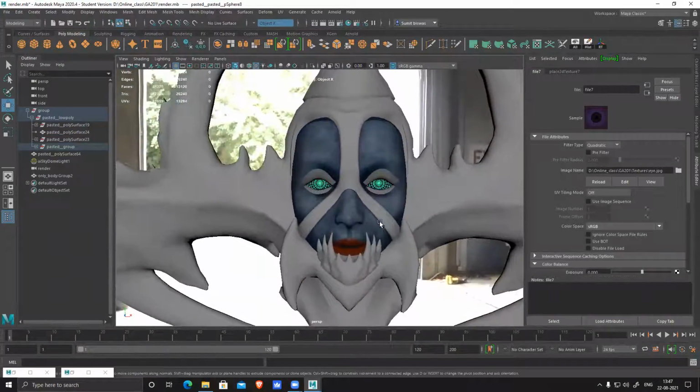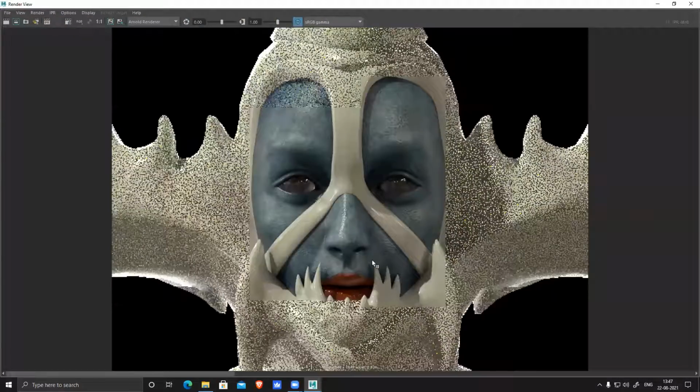Okay, so like this you use a displacement map and you render everything. You can see this render and your normal render look a little different. With this you can get very high quality detail. And suppose you want to enhance all these ports and everything, make it a little crispy, I can import my displacement map in ZBrush or Photoshop, extract a high pass, and use that as a second displacement.